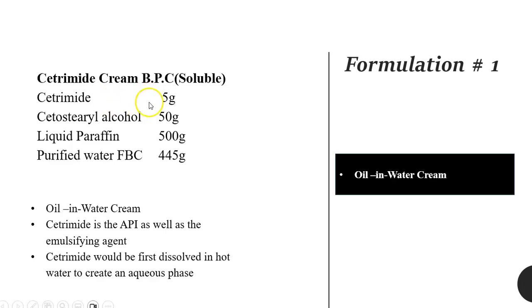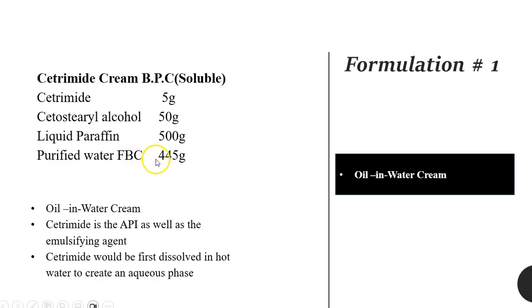It requires 5 grams of cetrimide, cetosterol alcohol, which we will know by now, having watched video number 2, that this ingredient is an emulsion stabilizer. It thickens the cream and adds body. Now 50 grams liquid paraffin would be the oil phase and your emollient in the recipe, and we need 500